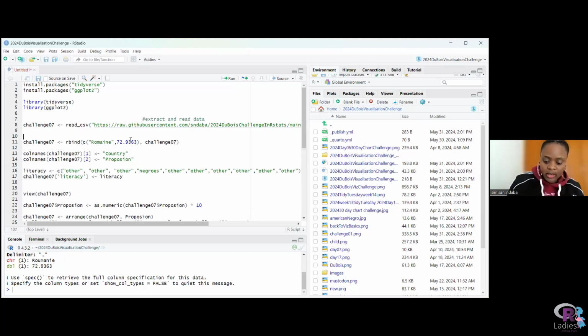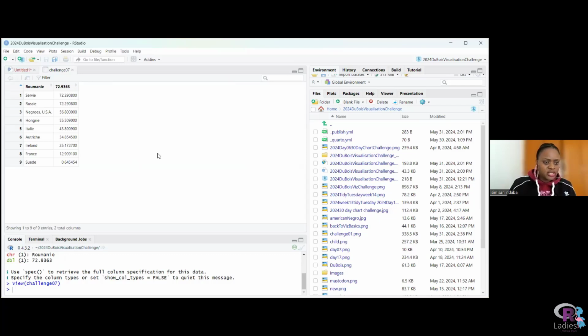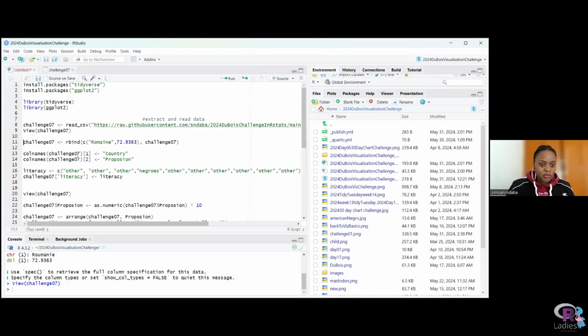And if we take a look at the challenge 7 data set to see how it's looking, we can see that there are 9 rows. You'll notice that the top row has the country and the second column has a value. I think the top row values were supposed to be the labels, yeah. So now that we see that that's a problem,